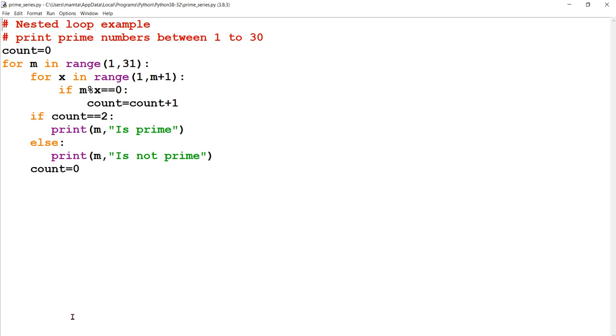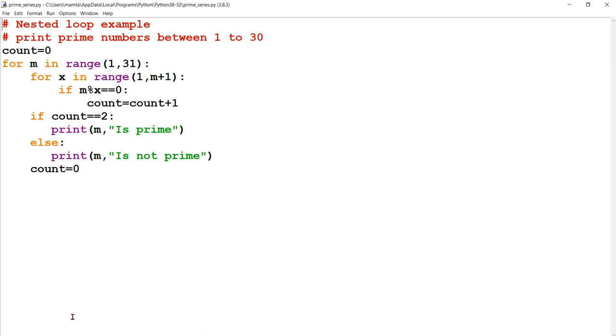Here is another new type of example, not for printing a pattern, but where repeatedly we have to do something.